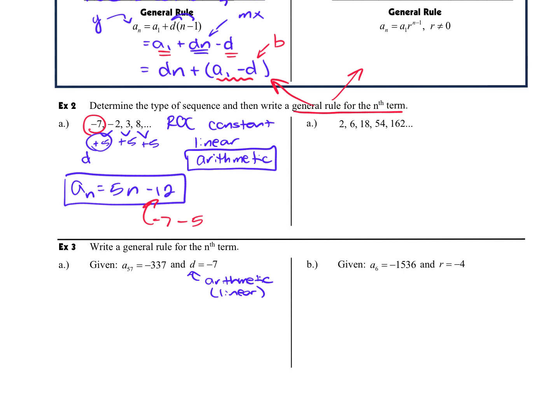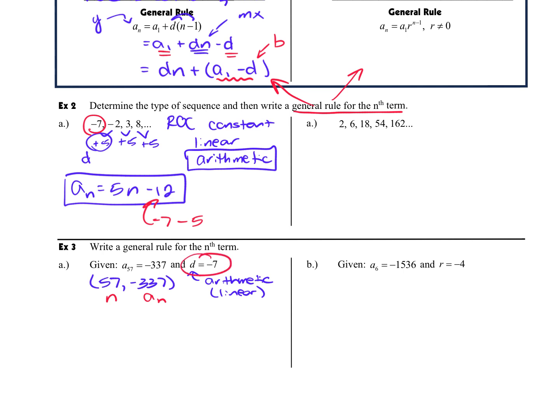Don't get too wrapped up in that idea of the word arithmetic. It's just swapping it out for this new idea. We can also take this sequence or this term here and write it as an ordered pair. We know that the 57 was like the x value, and the -337 is like the y, but we're going to rename this. We're going to remember that this is now an n, and this is a sub n instead of y. Now, if we wanted to write the equation, and then of course our d was like our slope,